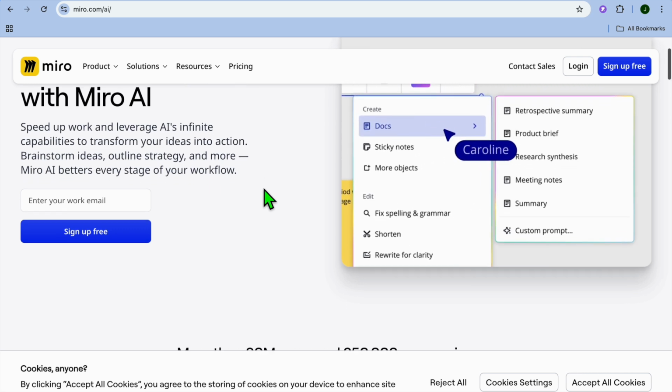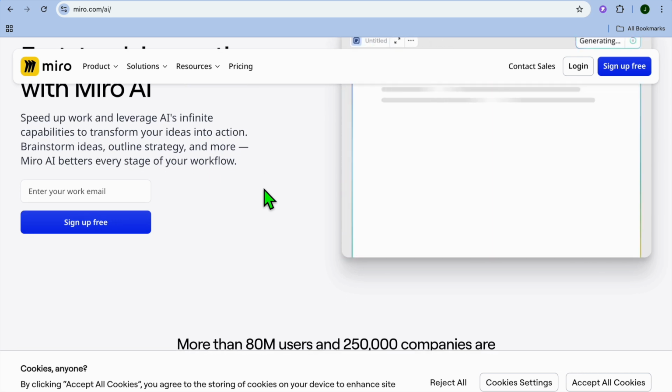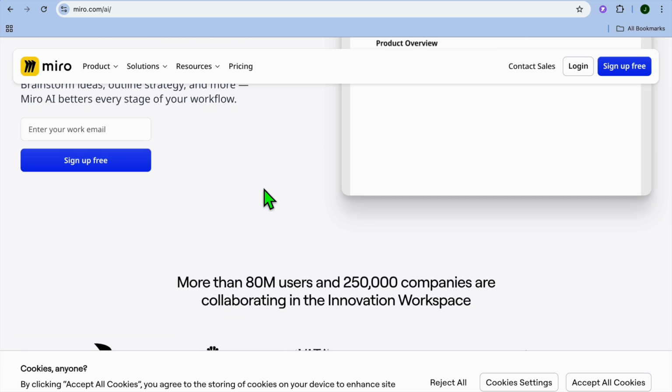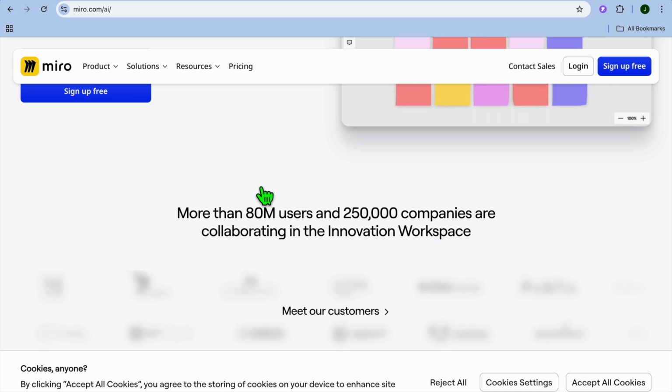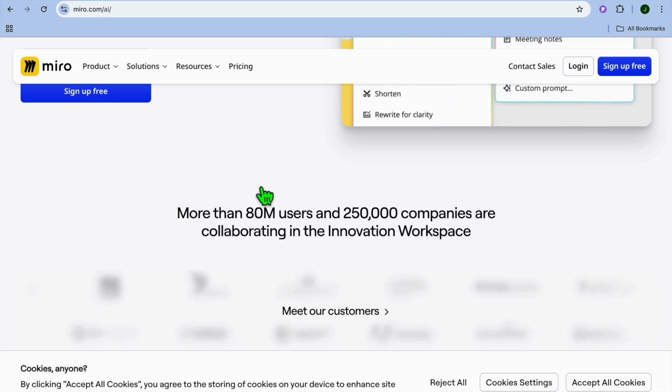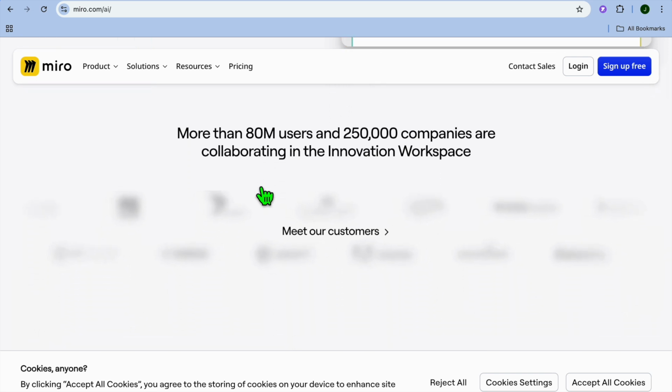Some standout features are a versatile workspace, meaning you'll be able to create mind maps alongside other visual collaboration tools. It also offers team collaboration, so it is ideal for brainstorming sessions and workshops. And it is extremely user-friendly with a drag-and-drop interface. And their free plan is perfect for beginners that just want to test out their platform, as it offers ample